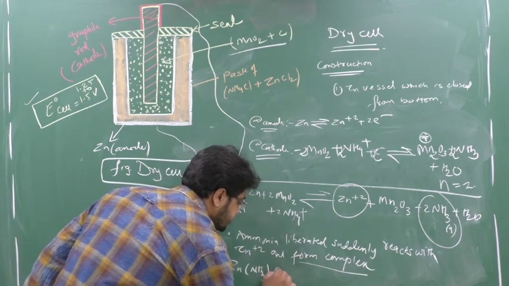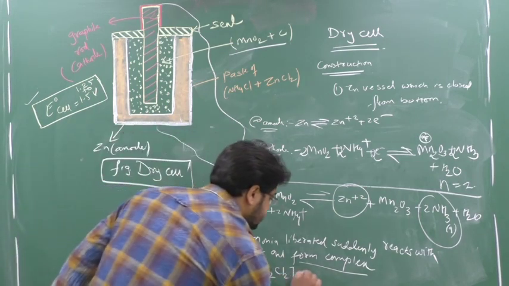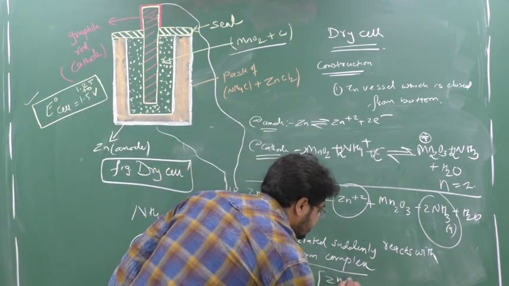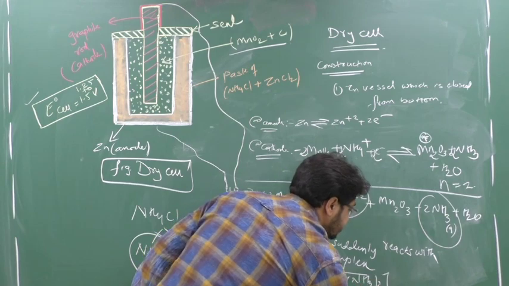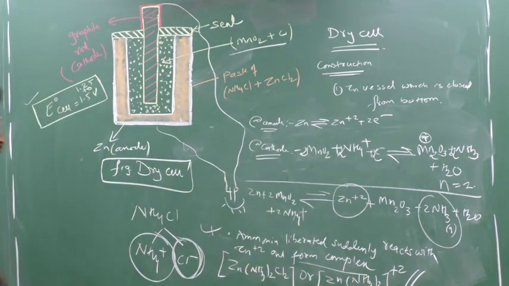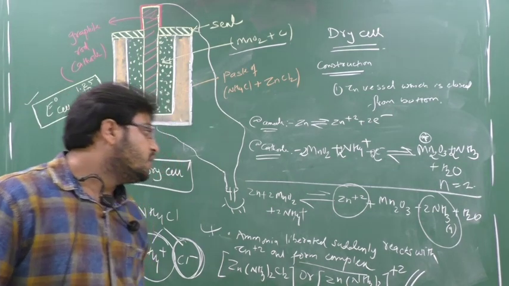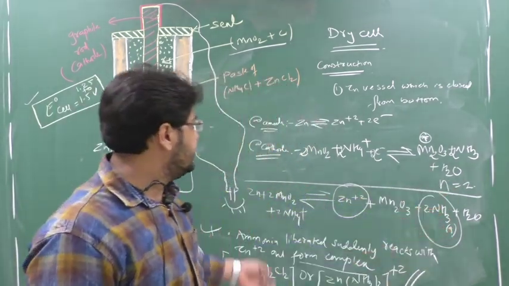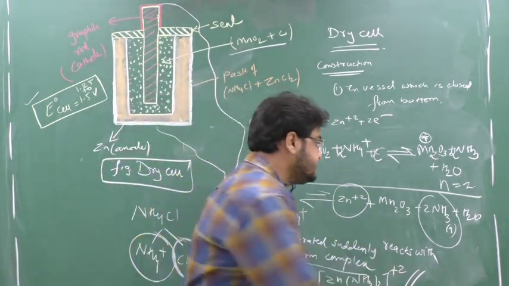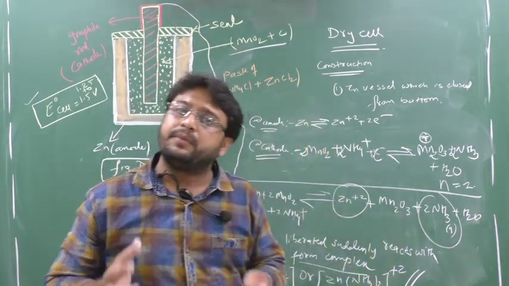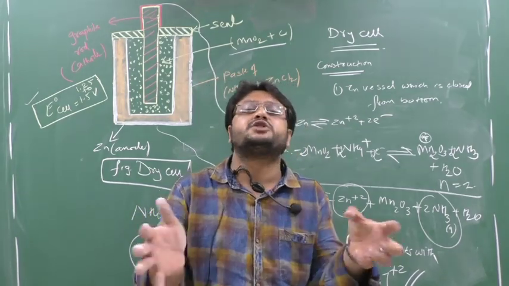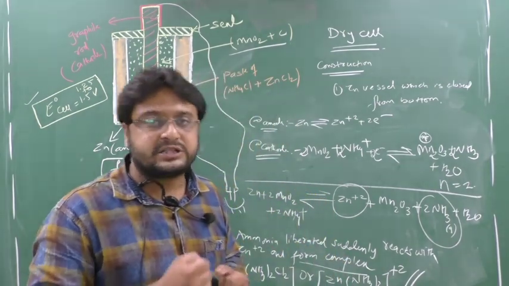And the complex formula you should remember, that is Zn(NH3)2Cl2. Or sometimes in certain books, if you want to write down the complex formula without Cl, you can write down Zn(NH3)2 2+. So this is the complex formed by the ammonia with the zinc. Clear this part? You will be wondering that here ammonia is obtained on the product side, in the cathode, this ammonia is a gas, yes or no? And gas means it will occupy certain space, and when gas occupies certain space, the cell will swell up, but nothing will happen to the cell, nothing blasting also will be there.